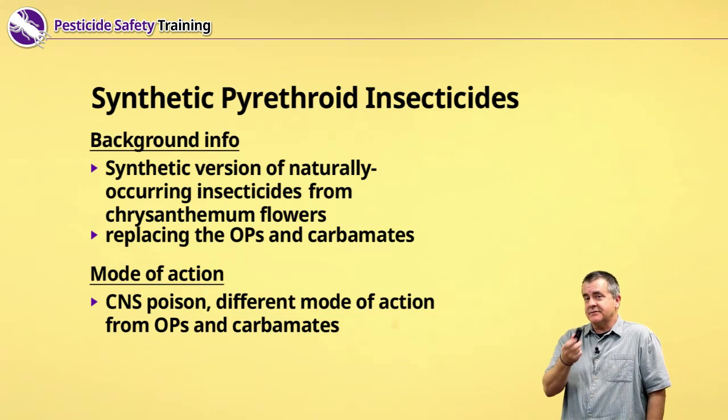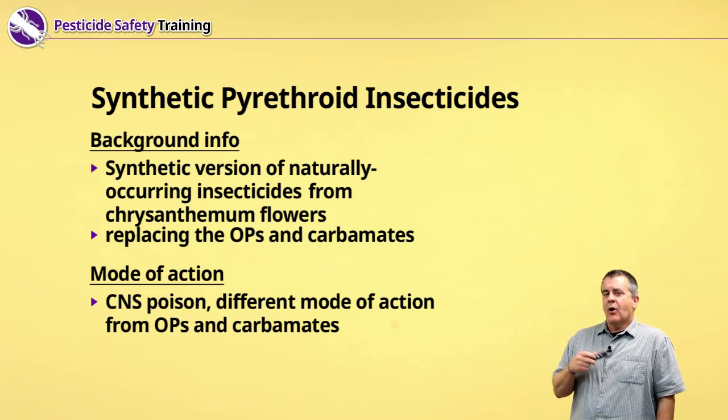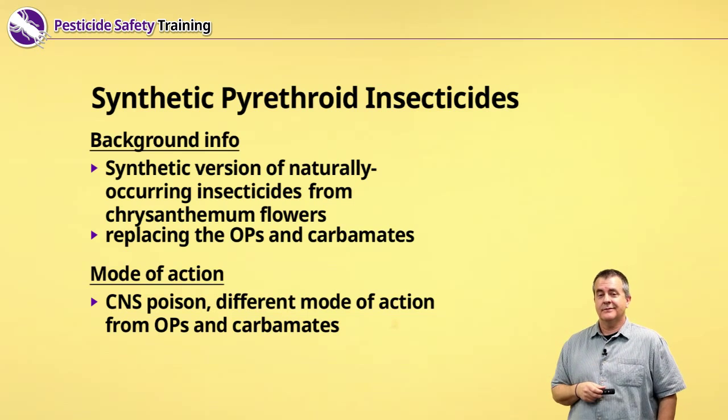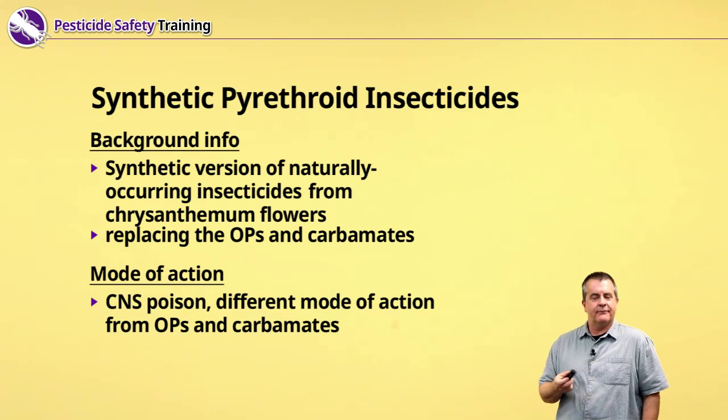Looking at the words themselves, synthetic, of course, means man-made. Pyrethroid, when you say that oid end of the word, that means a copy of something. For example, in science fiction, a fake human is called an android. I guess it's also a phone, but in the case of science fiction, a fake human. So in this case, we're talking about a laboratory-derived analog of a naturally occurring insecticide from a flower.